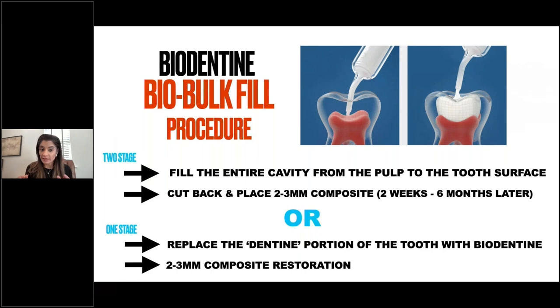send the patient away after its 12-minute set, and then 2 weeks to 6 months later, they come back, you cut back the Biodentine and place a 2 to 3 millimeter composite layer on the top of it. And that's because Biodentine doesn't have very good wear resistance. So you do need to get them back to definitively restore the tooth, but it can last for quite a